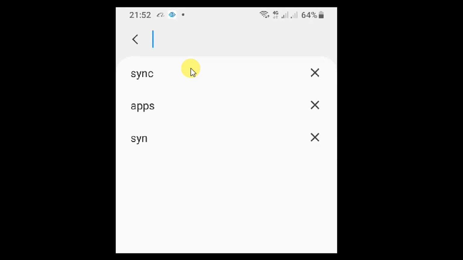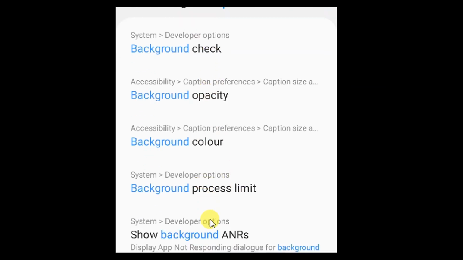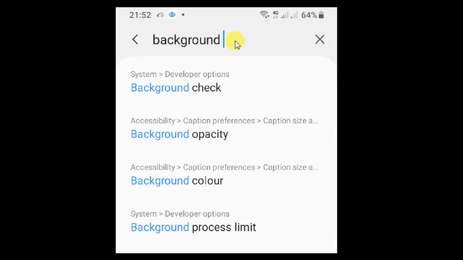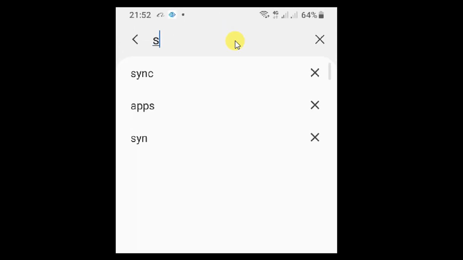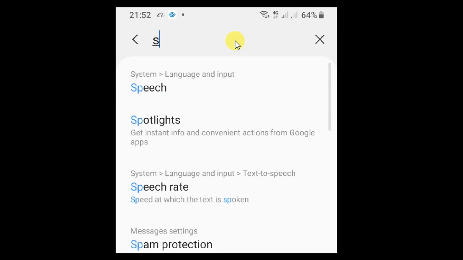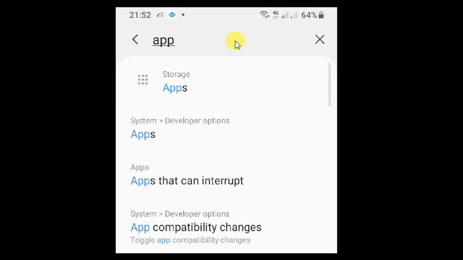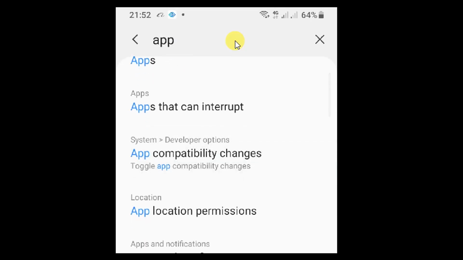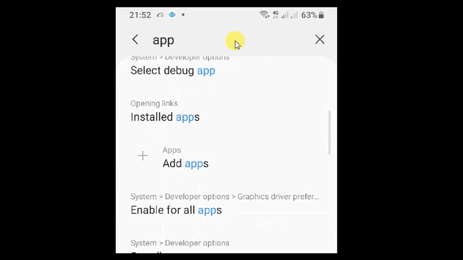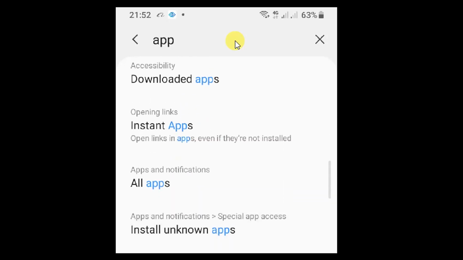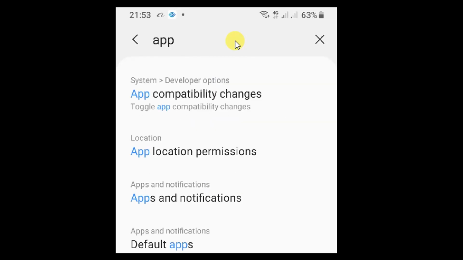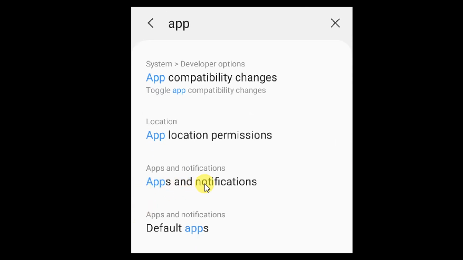notification. You can see apps or notification, or you can write background app refresh. Let's try that one and see background. So let's see what will come. You can see you have a lot, so I prefer you go into apps and notification. You can see it will be somewhere here. Okay, you can see it here, apps and notification. Tap on it,